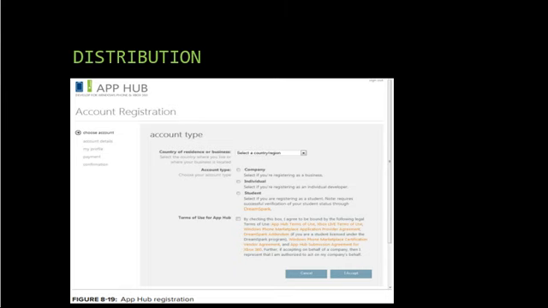So using that information, the developer who is going to approve your app will get the information about the use cases, and looking into that, he will decide whether to approve your app or not. Finally, the last step is you choose your application options, and then submit your application for certification. So this is all about the distribution of your application.